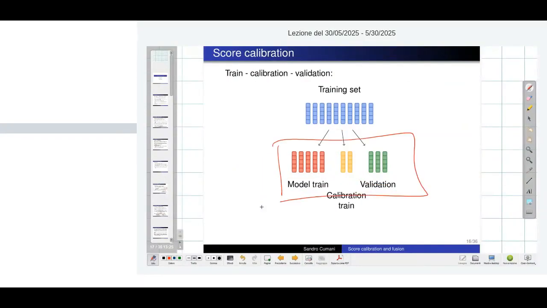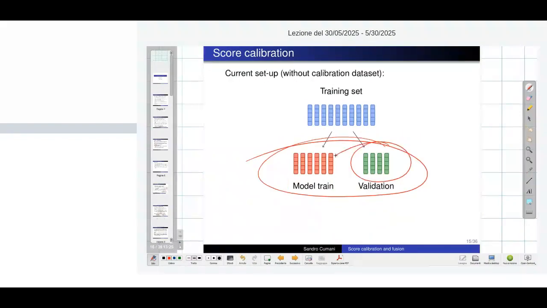Now our training set gets partitioned into 3 parts. If we want everything to be unbiased, we shouldn't test our calibration model on the same data that it was trained on. So we can't train the calibration model here and test it on the validation set, because we would be evaluating the calibration model on the same data that it was trained on. And of course, we can't